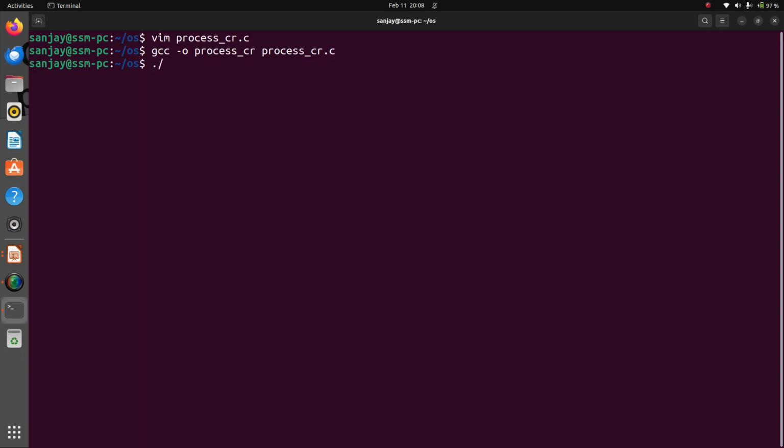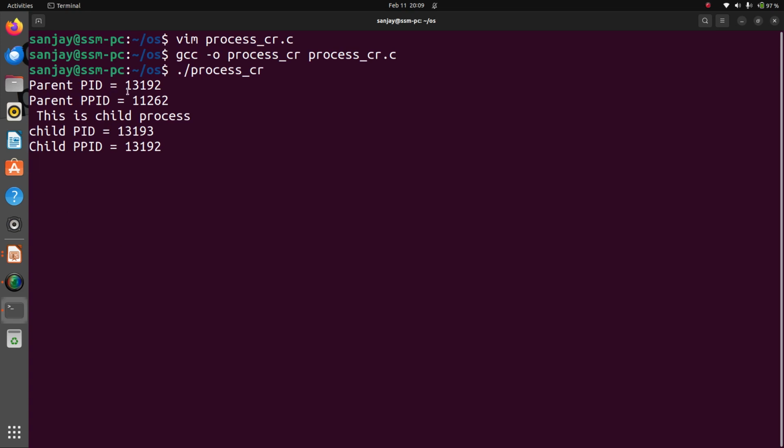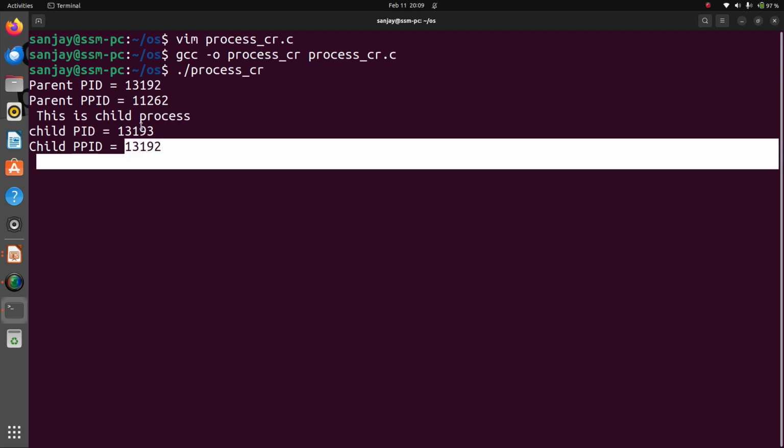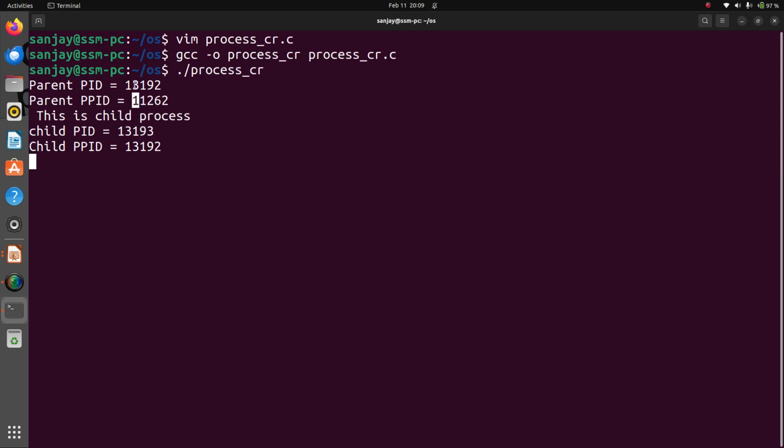Now I will execute the object file. Yes, the parent ID is 13192 and the process ID is 13192, that is the child process ID, and the parent process ID about this is 11. So we have successfully completed the process creation using the fork system call.